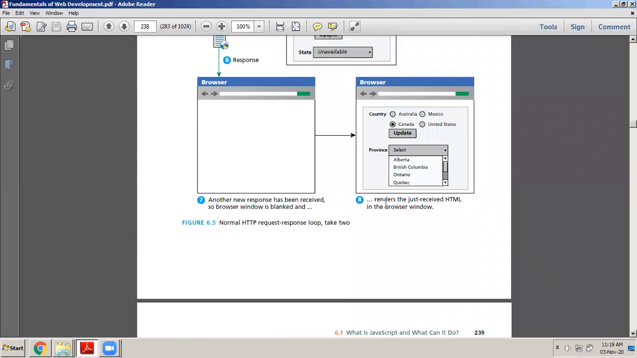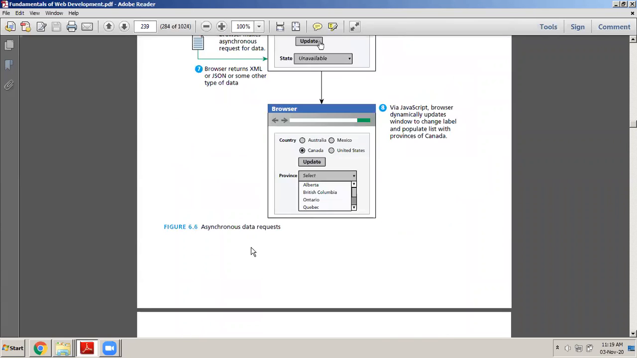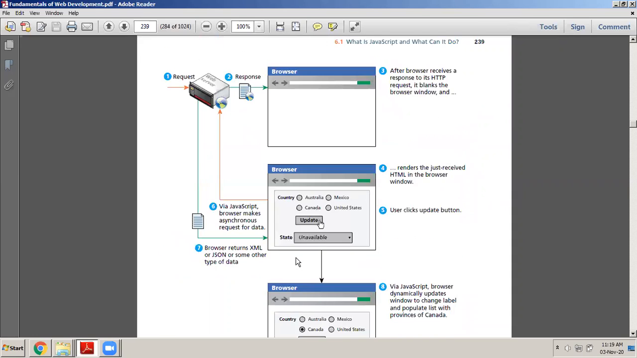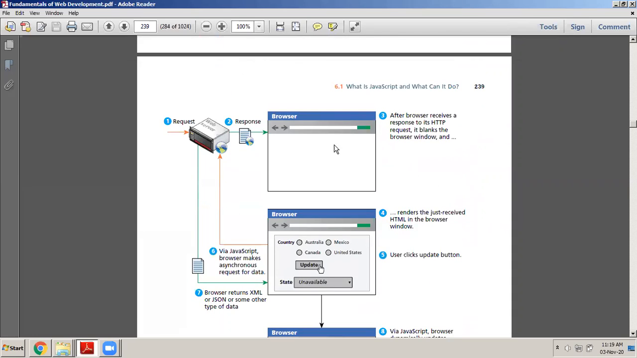Now let us compare this with Ajax. You can see here the asynchronous data request, or Ajax data request. When the page is first requested, the first thing that is displayed to the user is a blank page, and then slowly the form gets